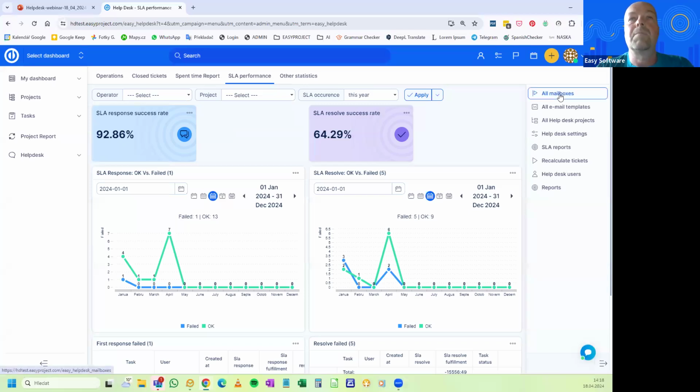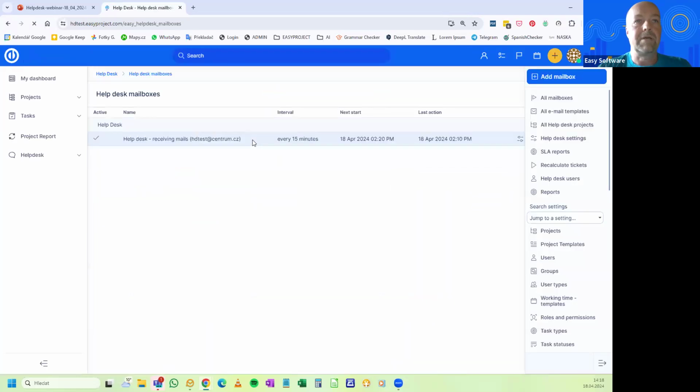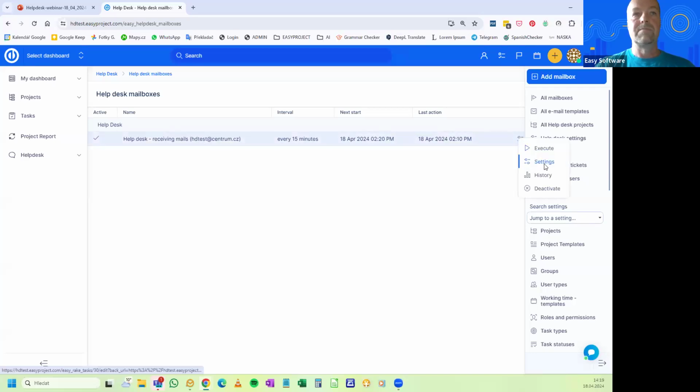And now, before we go to a simple use case, I would like to also continue here in the settings, so you know how it works and how it's supposed to be set, in case you haven't done so. So first we'll start with mailboxes. Okay, this application has one active mailbox, and you need at least one to be able to communicate with your customers. If we go to detail and settings,